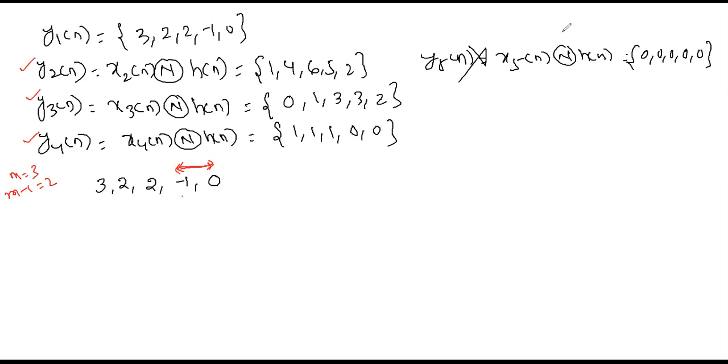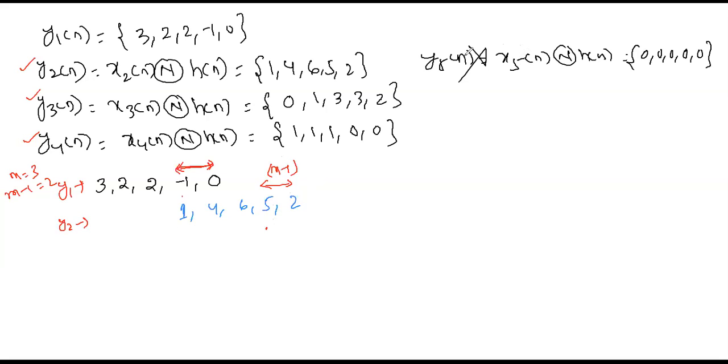Okay, like this. I'm using different colors so that people will understand. When you write y2n, you start here. See, I'm writing 1, 4, 6, 5, 2. Okay, again same way we proceed. Again the last m-1 sample is this, yes or not? So when you write next, this is your y1, this is your y2. When you write y3, instead of starting from here, again you start here, because the last m-1, last 2 samples, will start here.